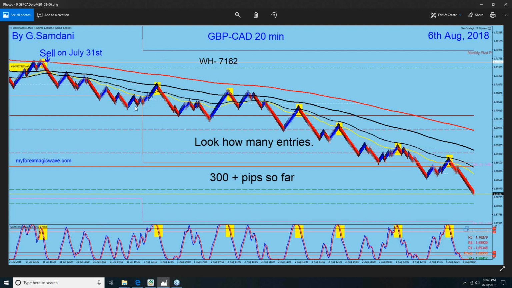It was fine. It was all the way coming down. But look at these entries, this one, this one, this one. All of these are perfect by the book entries, and it's just keep going down, and these are 300 pips, all the way from top to this, and then finally I closed it. So this is the process. This is how I do trading, and this is how I teach in my webinars,